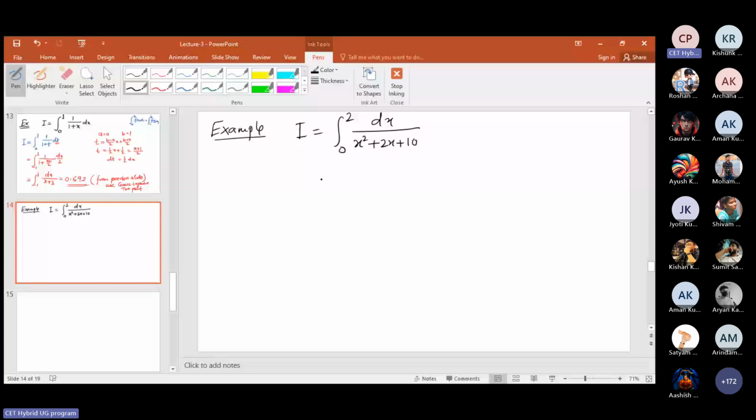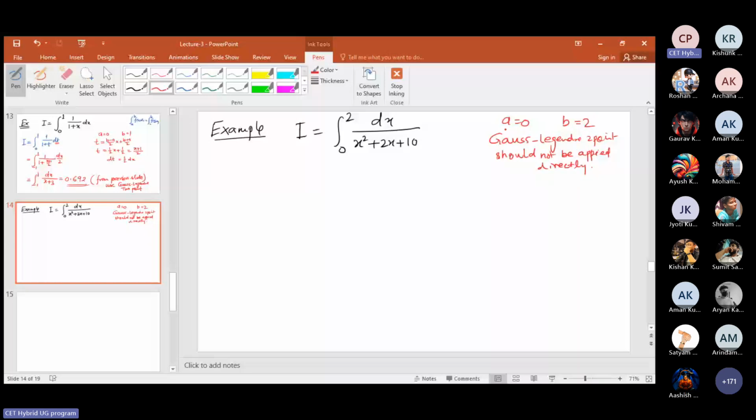इसको भी आप पूरा पूरा exactly आप integrate कर सकते हो, इसका exact integral आपको मिल जाएगा। So here if you notice carefully, a is equal to 0, b is equal to 2. Therefore Gauss-Legendre 2 point should, मैं वर्ड यूज कर रहा हूं should not be applied directly, नहीं अप्लाई कर सकते हैं।